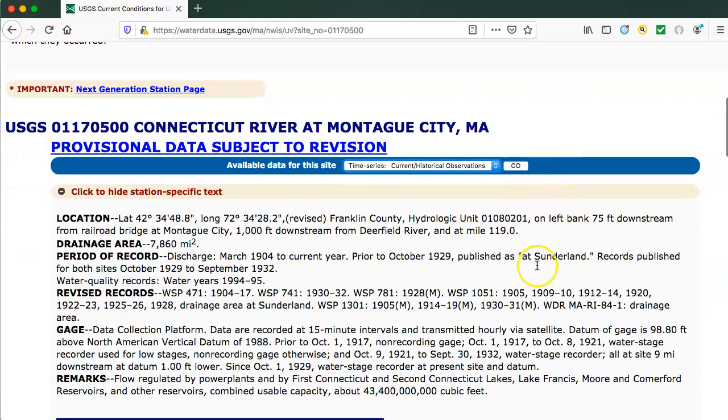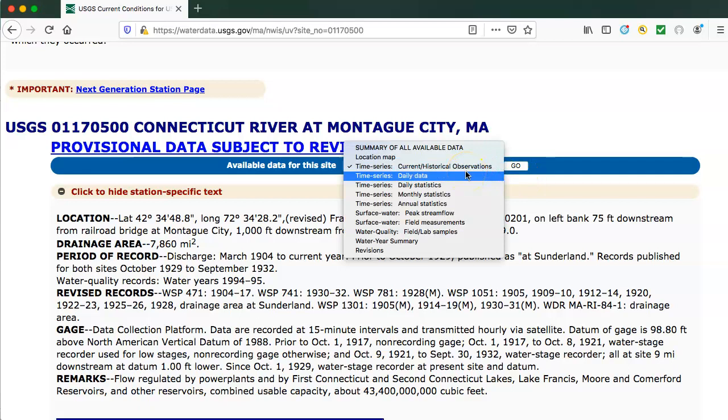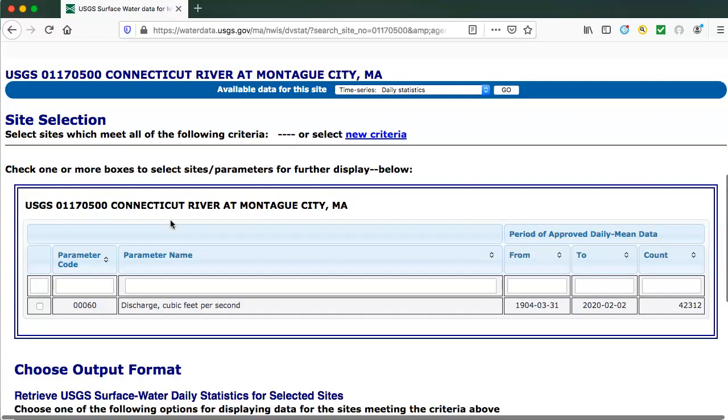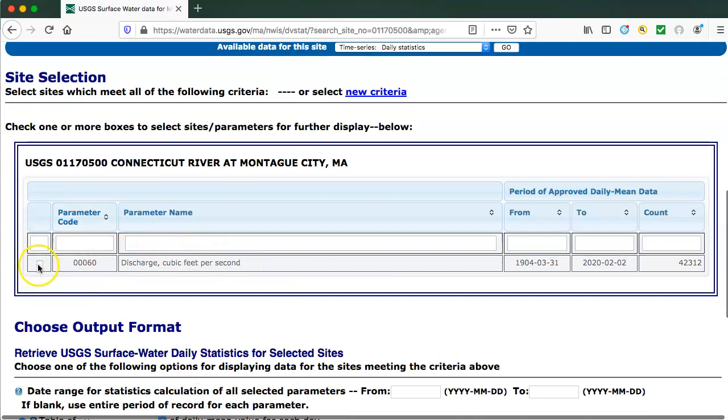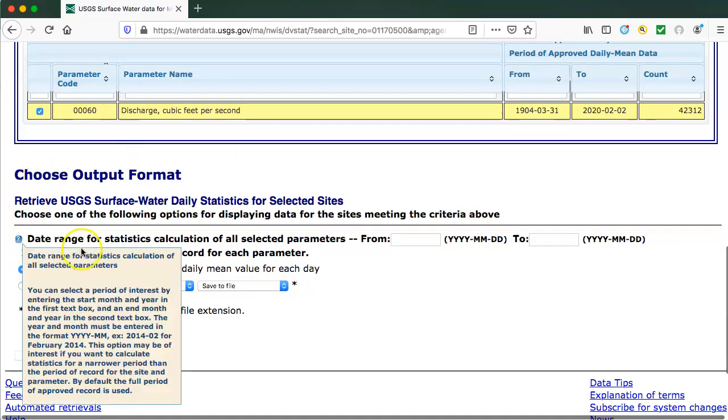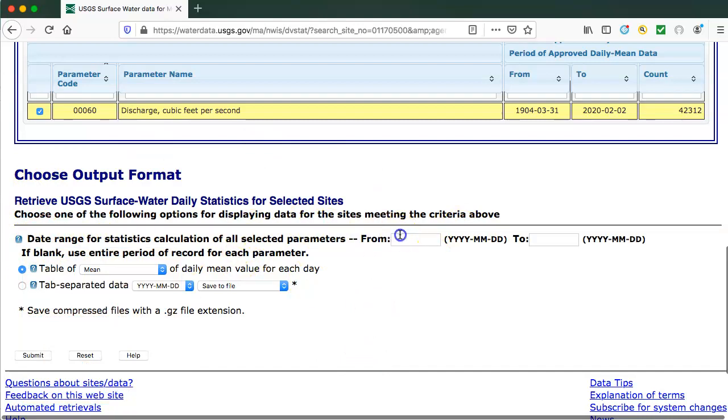So what we're going to do is up top near available data for this site, we are going to go to time series daily statistics. So this will give us an average stream flow for each day. And then the available data for this site is discharge in cubic feet per second. So we want that available data. And then down below, we want to type the date range for the statistics calculation. So we're going to type in the 4-digit year, 2-digit month, 2-digit day. So it's going to be